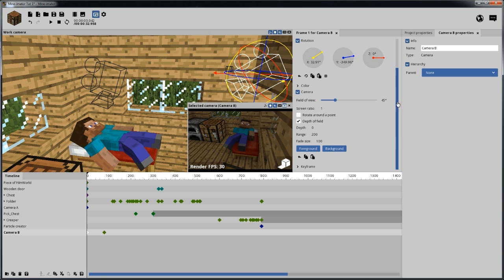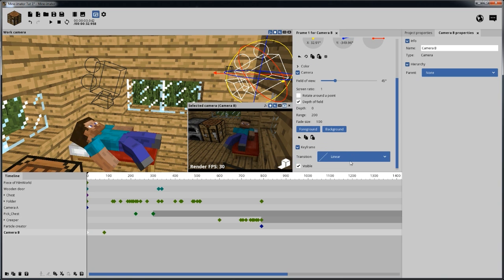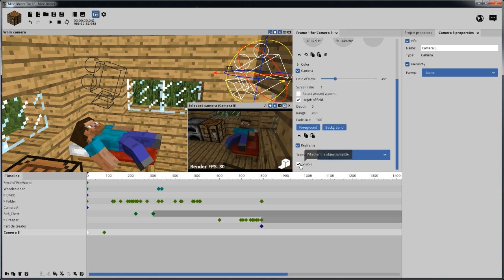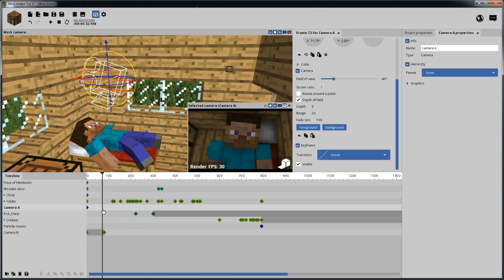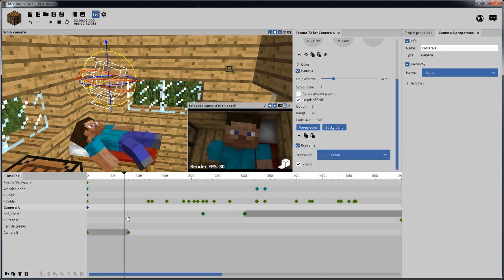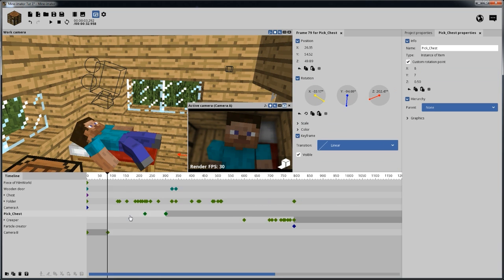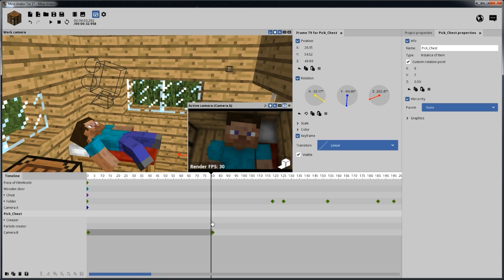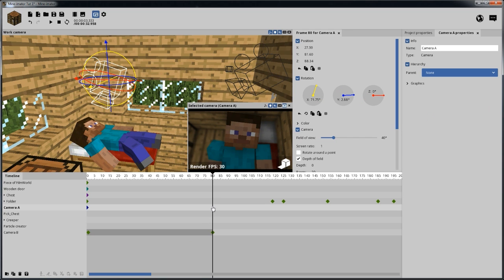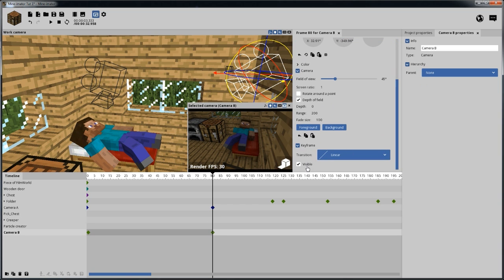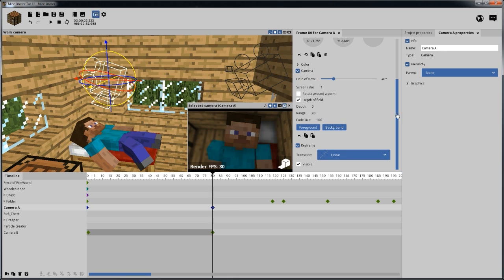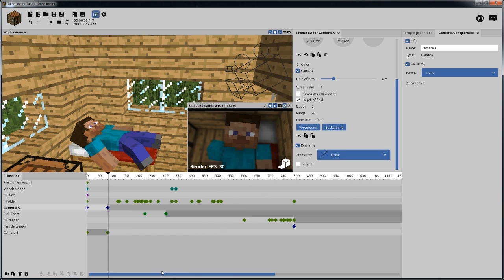And I'm going to have the B camera. Yeah, we're going to go into our keyframe here, and we're going to turn off visible on the B camera. I'm going to come in here, and on frame 80, if I can select it, right there. On that frame, right here where B camera becomes visible again, we're going to have A camera go invisible. And obviously you can see this visual marker you get here with the gray to let you know what's what. And what that's going to do